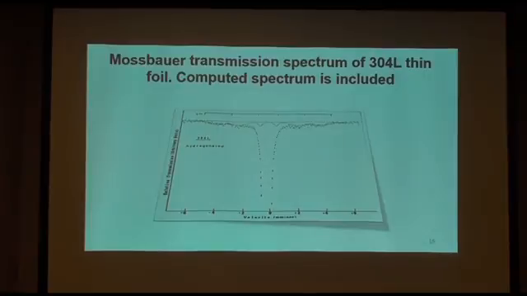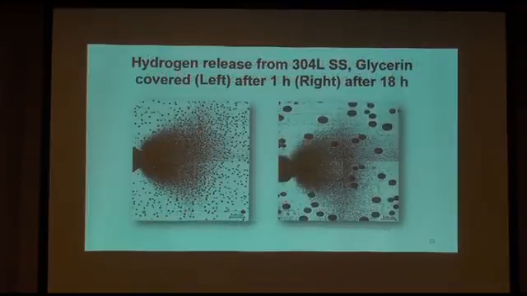This is a Mossbauer case, just to give you the nature of the study and the depth of the study, in fact, in a very sophisticated experimental way. And here also in this Mossbauer transition, we see the formation of